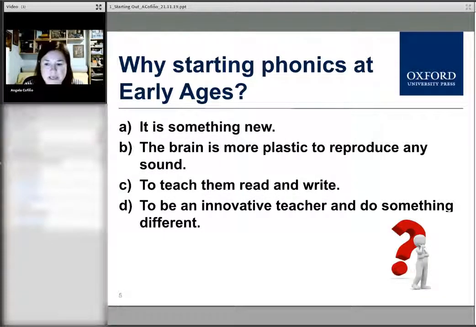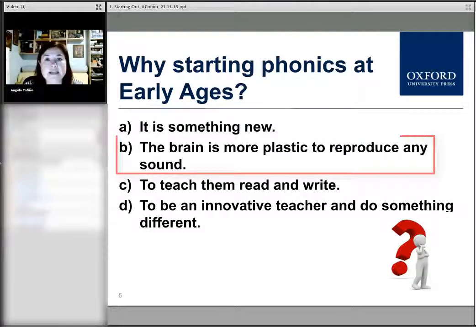So here we have B. That is the main reason, okay? That is, the brain is more plastic to reproduce any sound from the environment that children live in up to the age of 7-year-olds. So when children are 7-year-old,